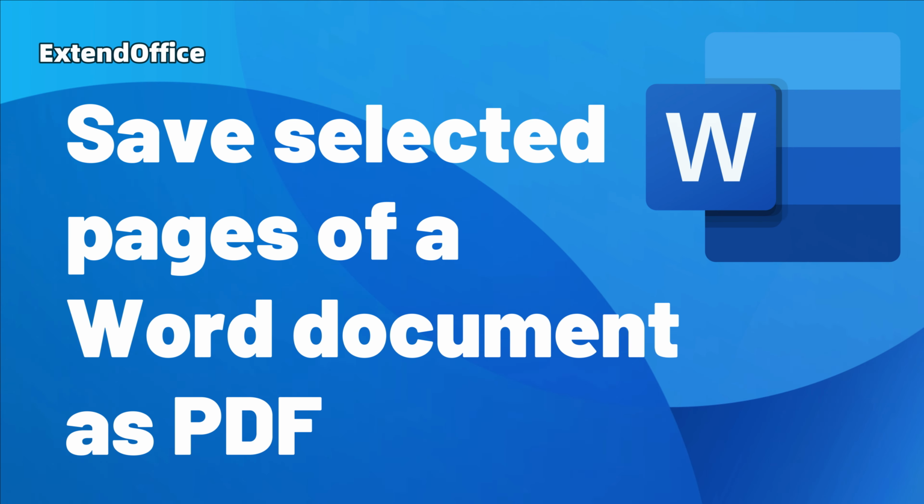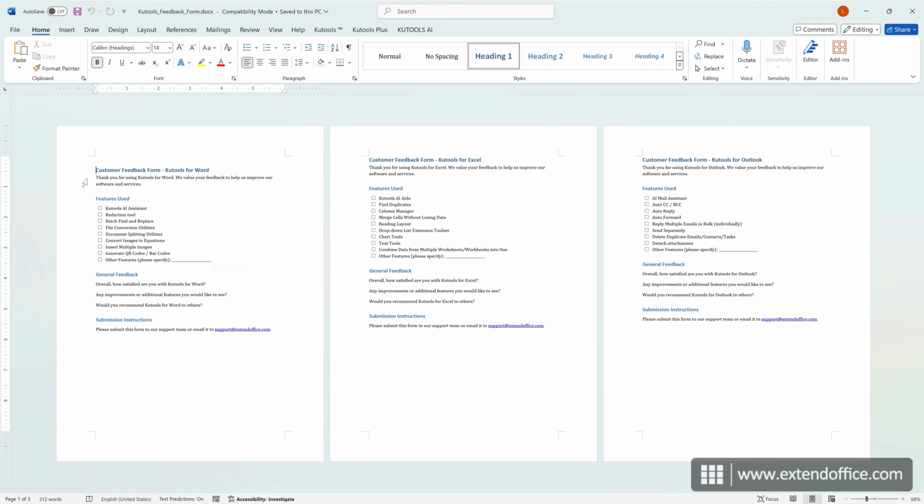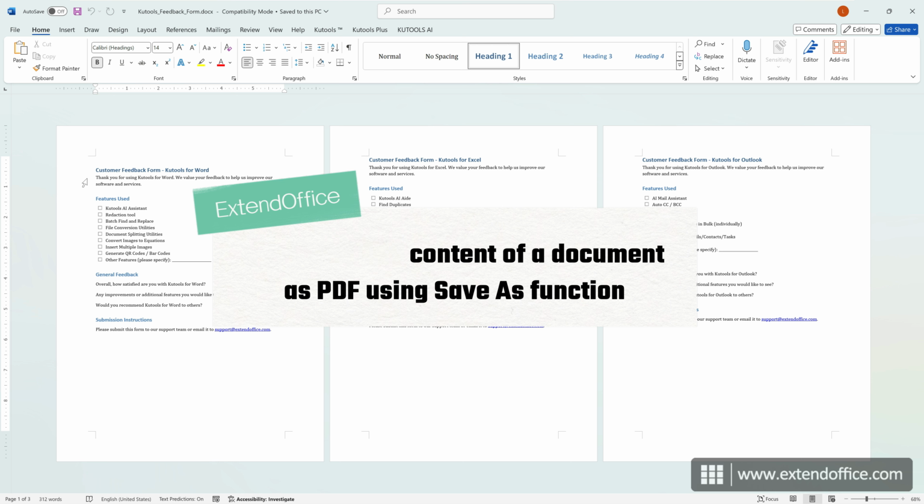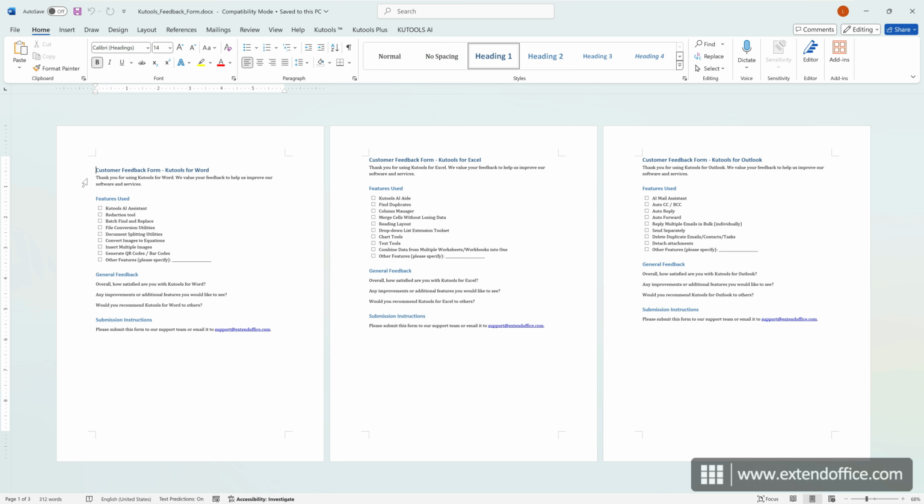Save selected pages of a Word document as PDF. Hi, this is ExtendOffice. Today, we'll learn how to export only the selected content of a Word document to a